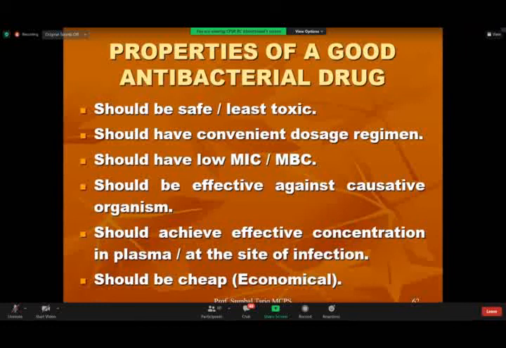Then the patient is pregnant and has typhoid fever. Now the drug of choice would be amoxil 500 milligram, and you have to give it 3 times a day for 3 to 4 weeks. So you have to give the patient the most convenient dose regimen for that patient.